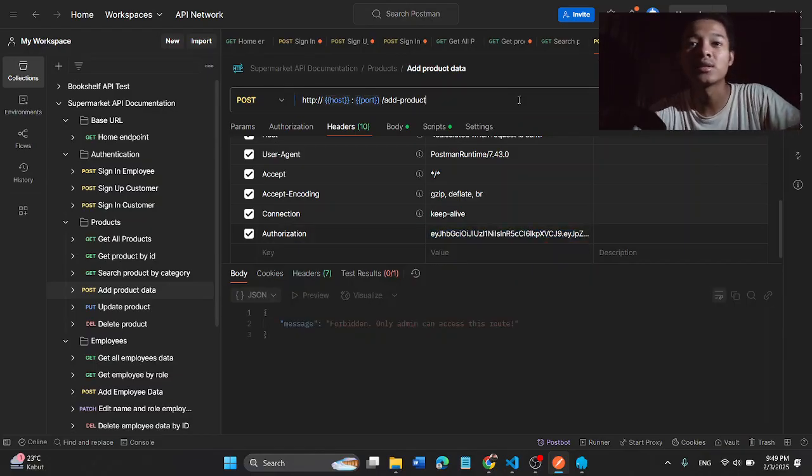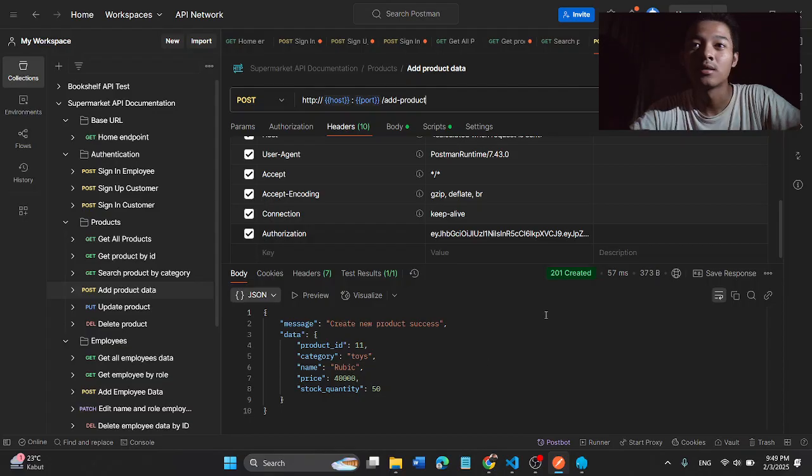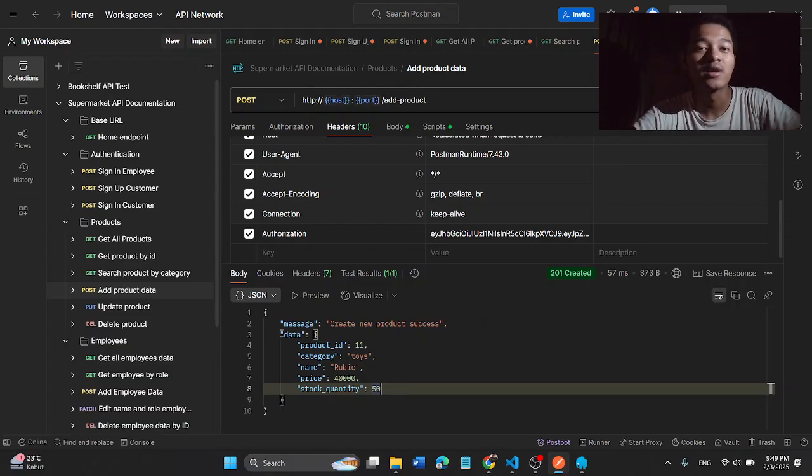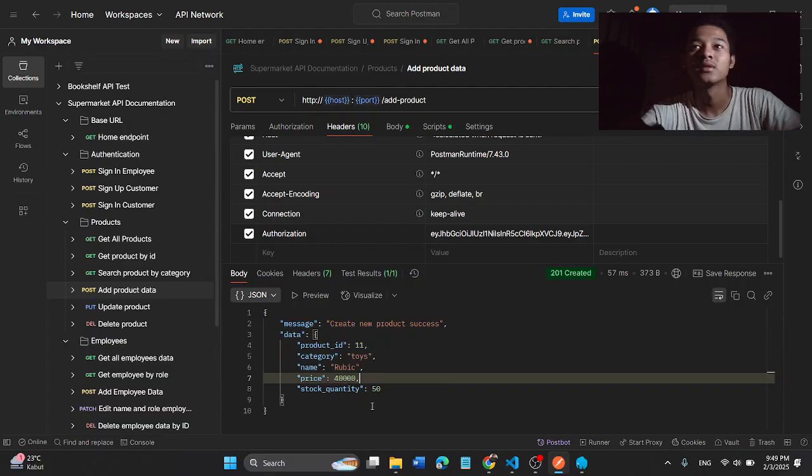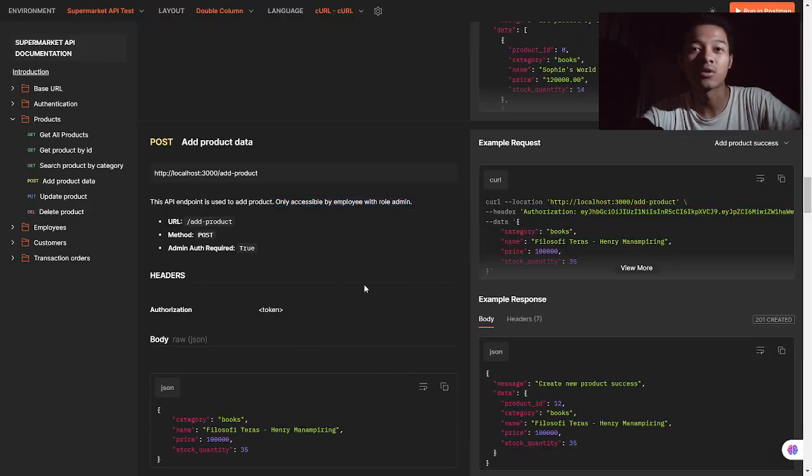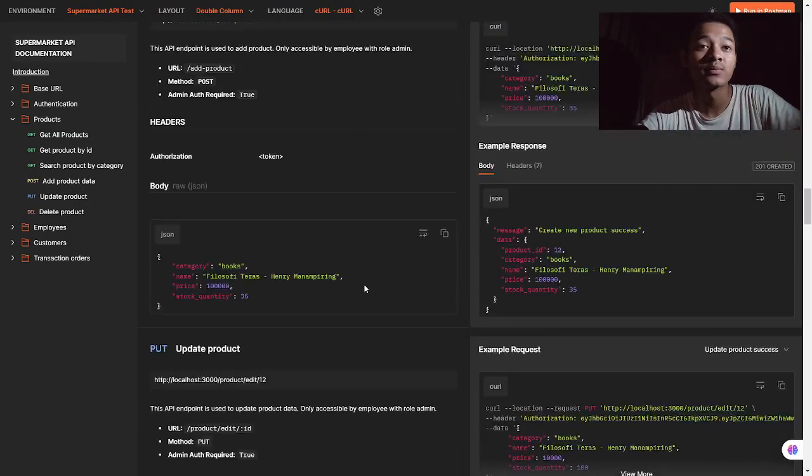Send the request again, and what will happen? The response status is 201 created. This one is the response body, we got the product details. Perfect. Continue to the next endpoint.